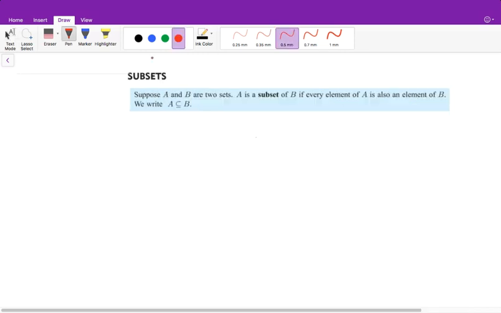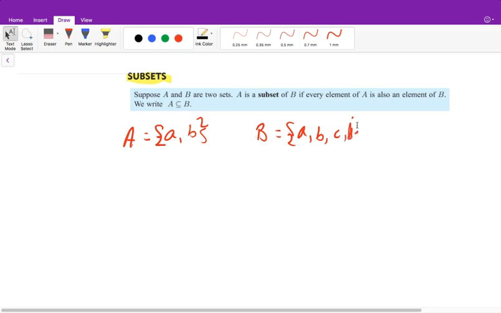Right, so now the next definition or key term that we need to know is a subset. Right, so a subset, let me just go through an example and then we'll go through the definition. If I tell you that set A is equal to A and B, and then I tell you that set B is equal to A, B, C, and D,